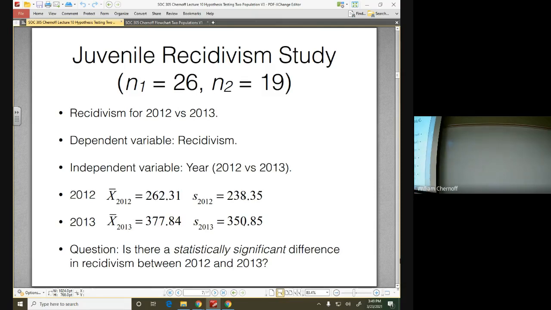So think of it like this. In 2012, the values around the mean were a lot closer than in 2013. It's a larger value given. So it can be difficult to tell. In 2012, the youth were kind of more the same than in 2013. So is this difference, again, a real difference? Or do we just get lucky? Do we just happen to sample the right youth to get this number?